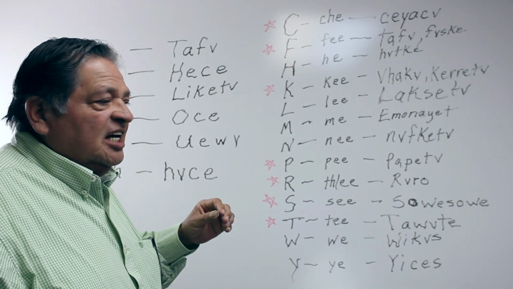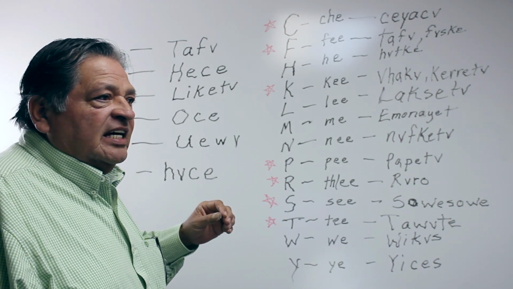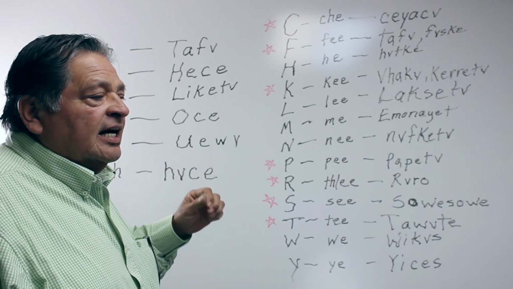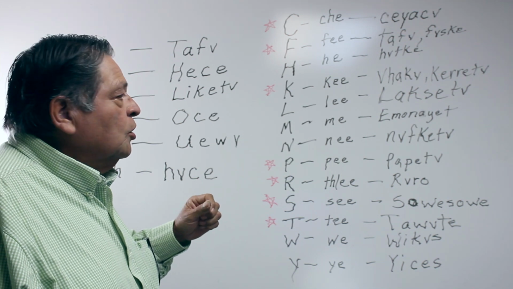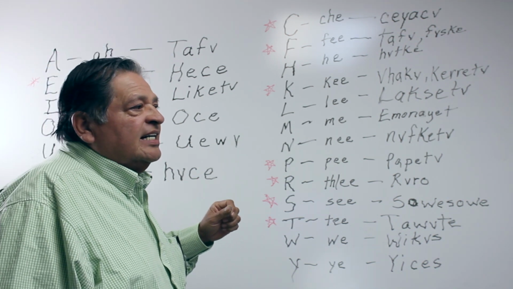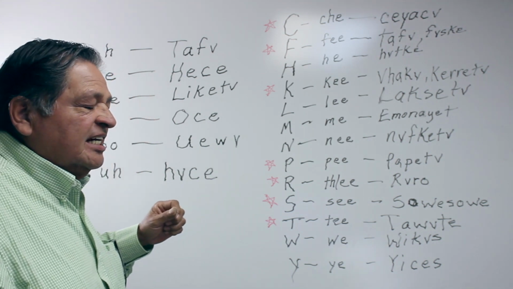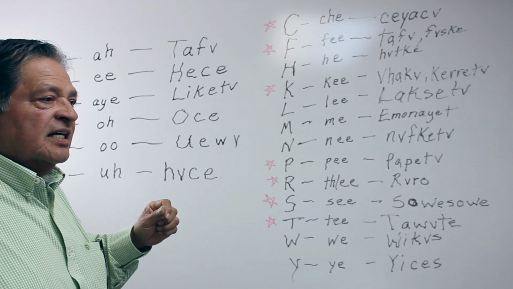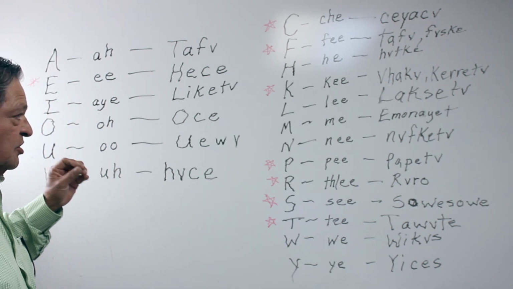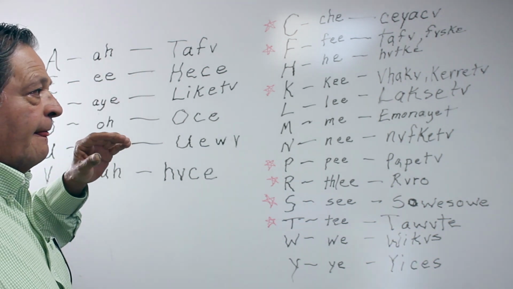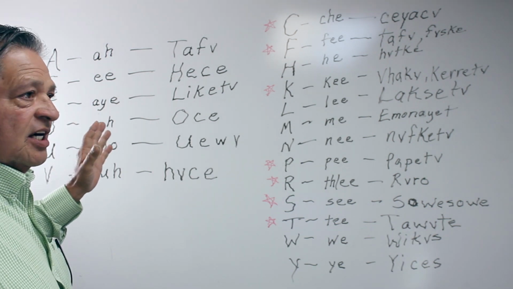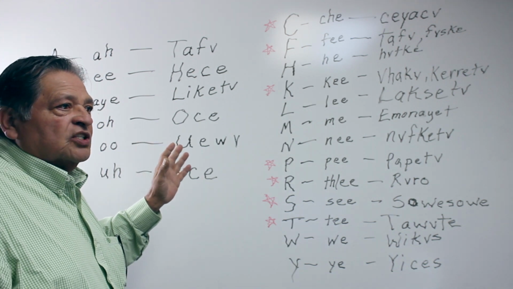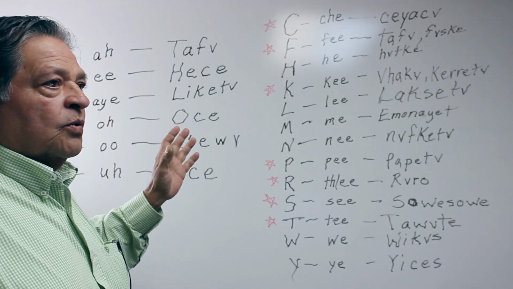A, chi, e, fi, he, a, gi, li, mi, ni, o, bi, si, di, u, we, ye. And so that's all of the Muscogee alphabet. I didn't write them all down because, like I said, we're going to assume that you know the Muscogee alphabet, but we're going to talk about vowels and consonants as they're used in the words, in